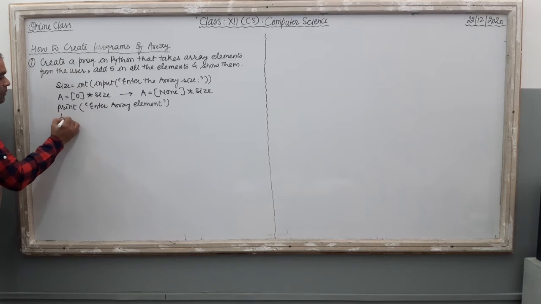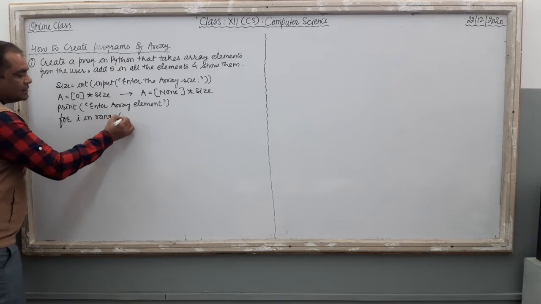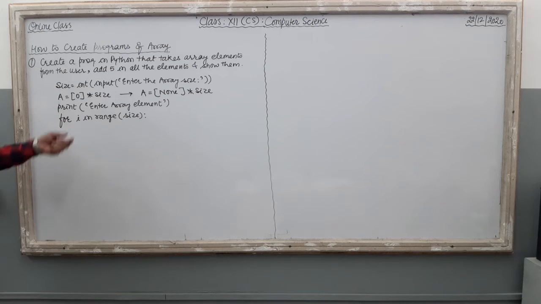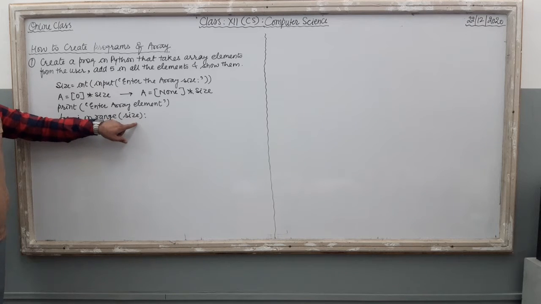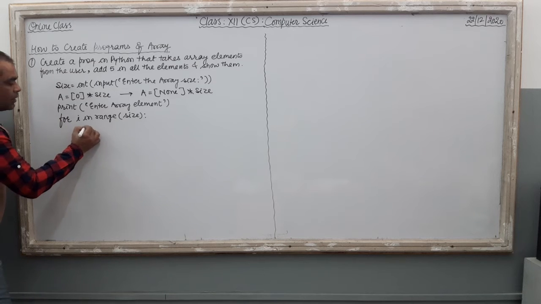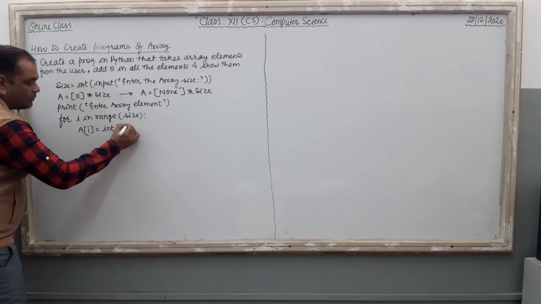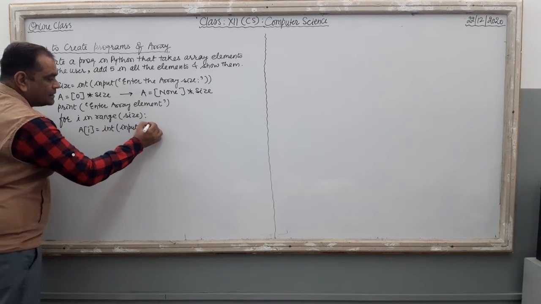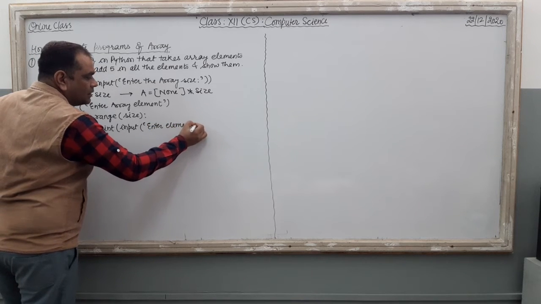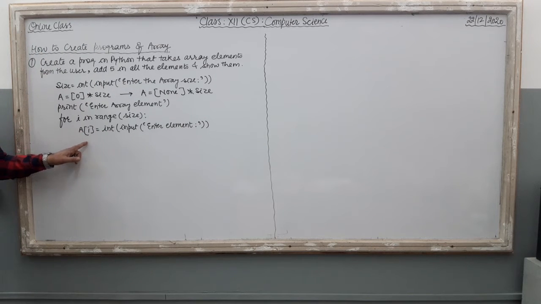I just use a for loop here. for i in range, it is the range function, then you put size, so that the computer is going to take the elements according to the specific size given by the user. Inside this loop, our code is a[i] equal to int input, with one message, enter element. This message is shown, and then the line is closed. So only one line is there in the for loop.